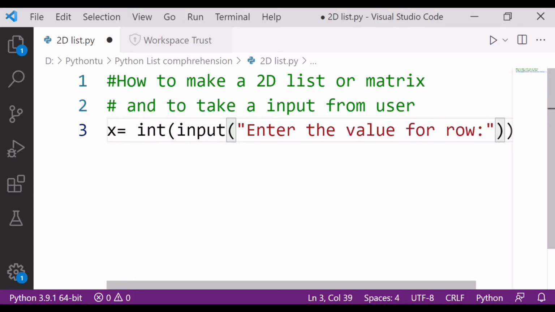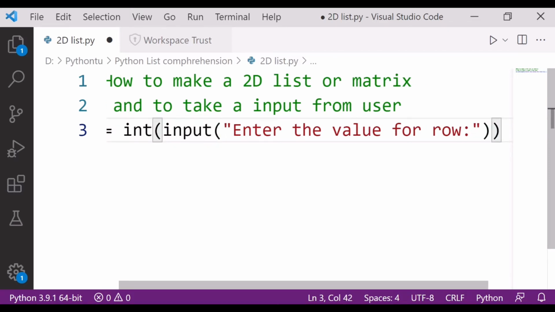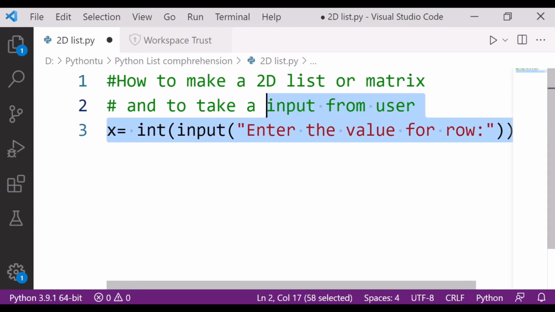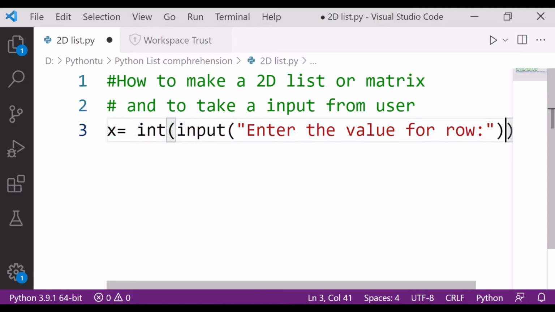Okay, done. After that, I have to copy the same and take it for the column too. So control C and let me paste here.